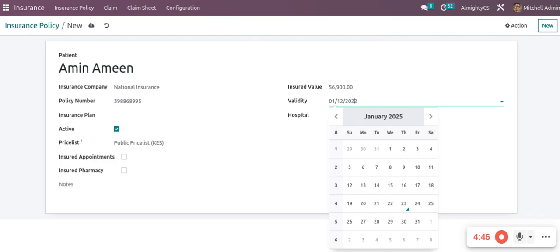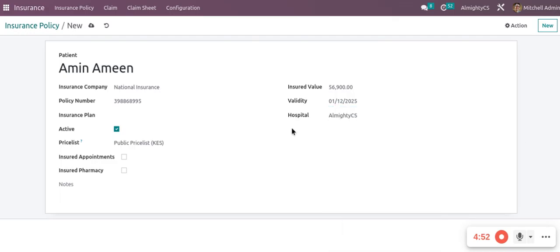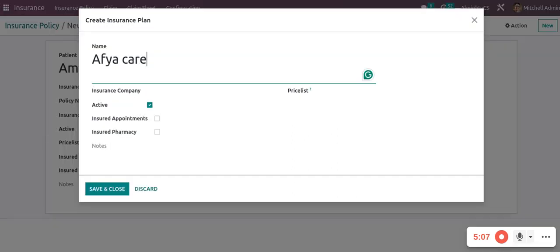So it will only be checked as active as long as it's valid. Then the plan itself, we can define it and say Afia Care. So we have to create and edit this one because this insurance policy has, if we have a specific price